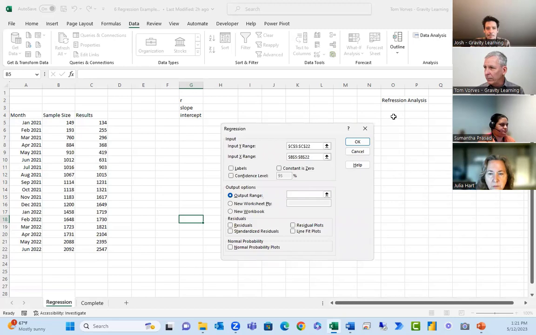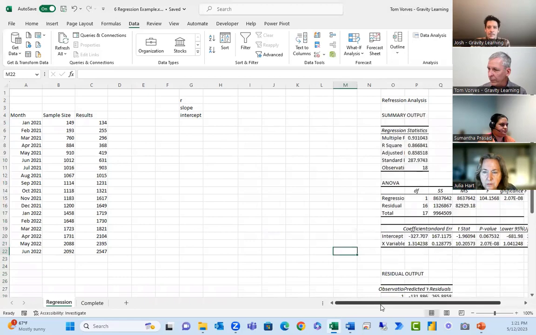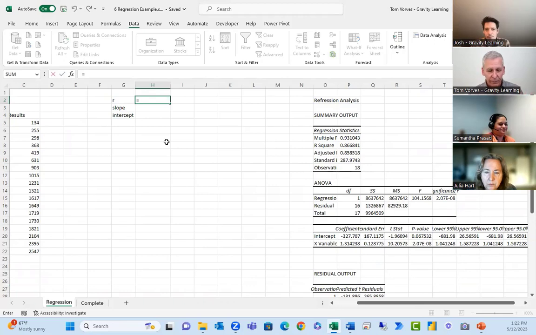I'm not going to play with these options right now, so let's do the residuals. We'll click OK, and you'll notice the regression analysis is generated automatically for me. I don't have to remember all those formulas that I'm about to share with you anyhow. If you wanted to produce the most common regression analysis variables, which are your R squared, slope, and intercept, of course, you can always